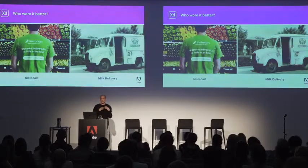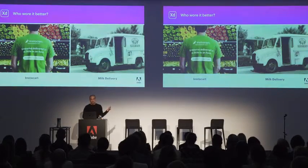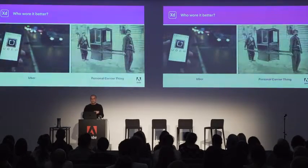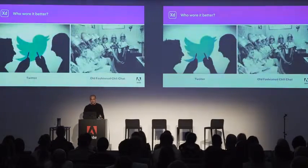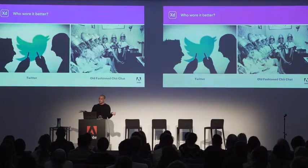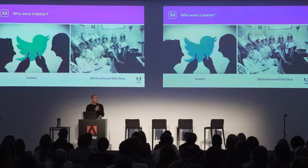Okay, this is my favorite game. Who wore it better, Instacart or traditional milk delivery? Who wore it better, Uber or the personal litter, the personal carrier thing? Twitter or old-fashioned chit-chat? I mean, I'm being serious here, right? Because what I'm getting at is that what those really successful products do is they basically just sort of reify a structure around what people are just